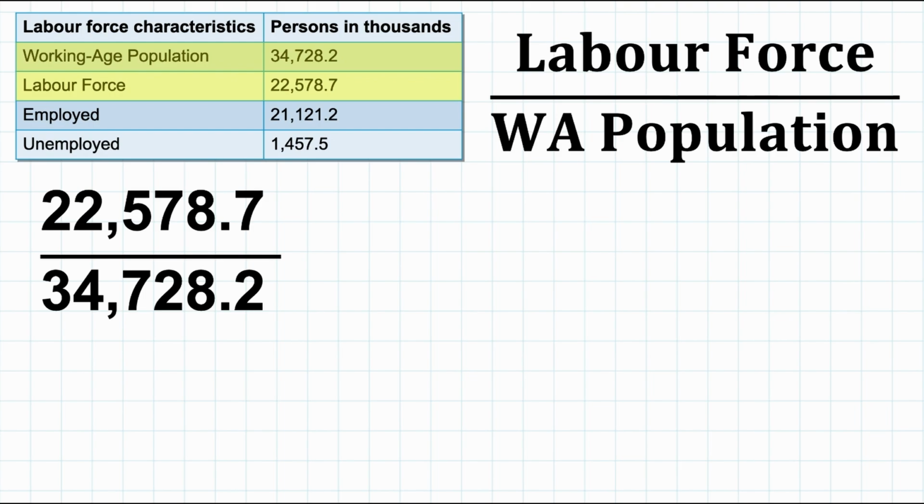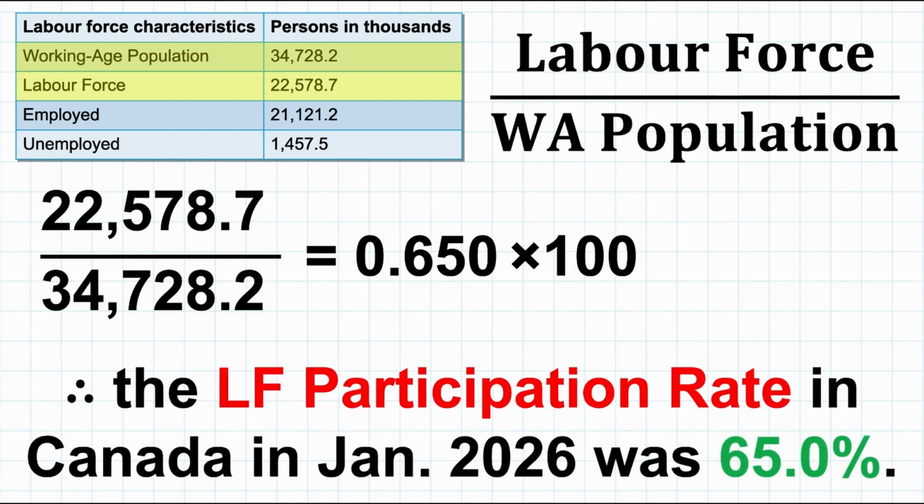22,578.7 over 34,728.2. If I do this in my calculator, it's going to give me 0.650. Since this is a rate, I need to multiply it by 100%, and that's going to mean that the labor force participation rate in Canada in January of 2026 was